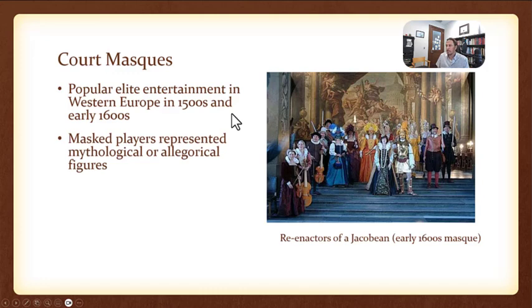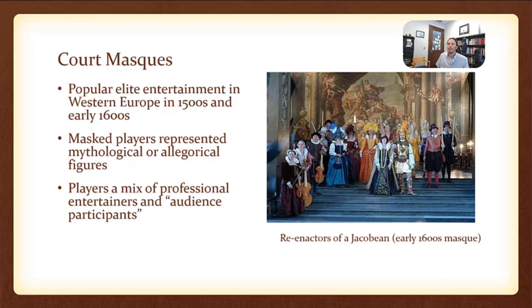Masked players represented mythological or allegorical figures, and they would dress in elaborate costumes, and there would be players, kind of professional partiers, who would lead the entertainment, but those aristocrats who took part in masques would be given